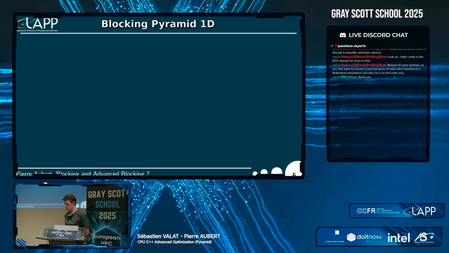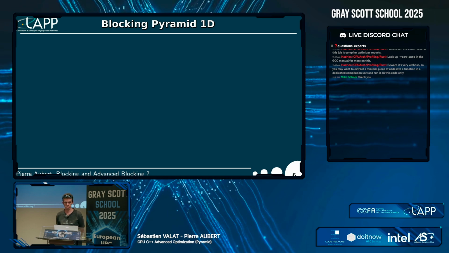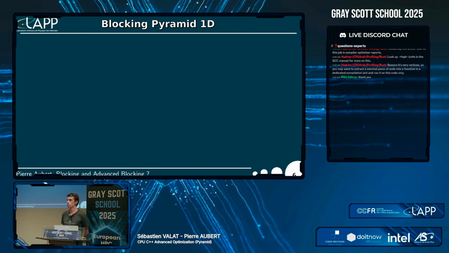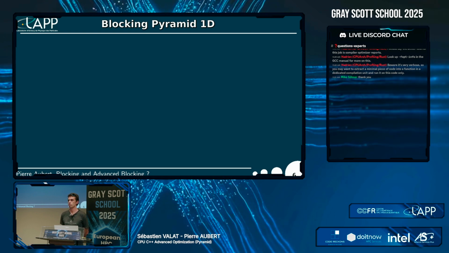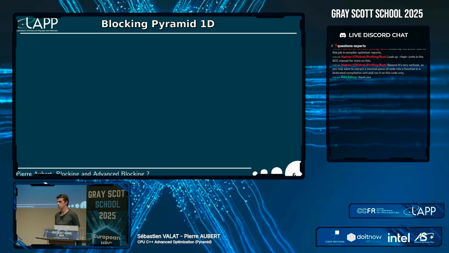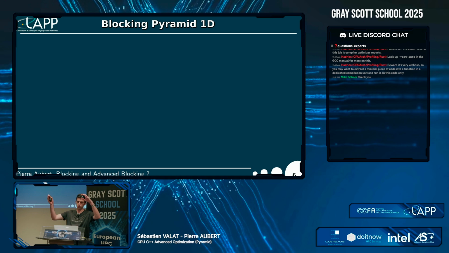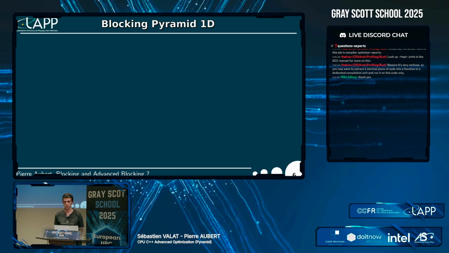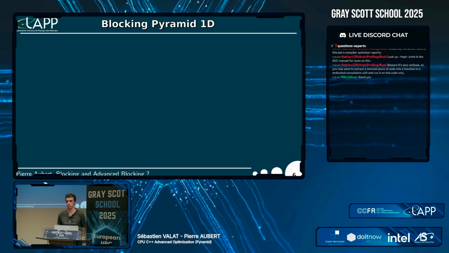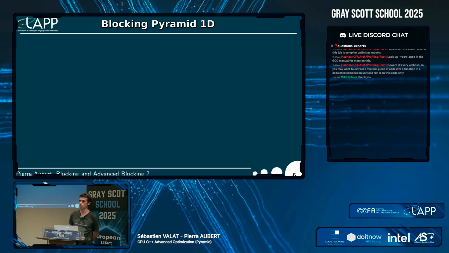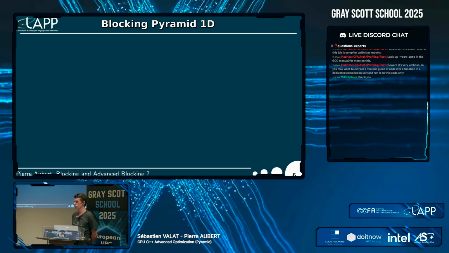But there is one problem with this concept. We have one load in L2 and two loads in L1, so it's nice. But the point is, once the block is treated, we drop the block entirely and we load the next one. And we repeat all the descending of all the data into the L1 cache. And as Sébastien said, it's a pity, because we wait forever to go down in the L1, and then we drop everything and we restart again.